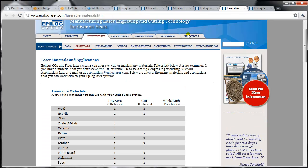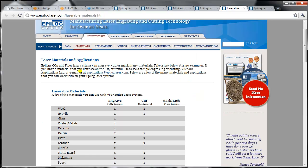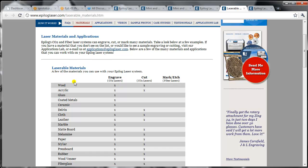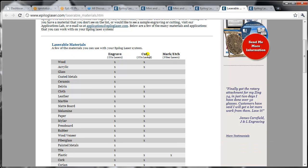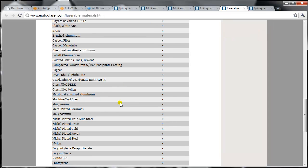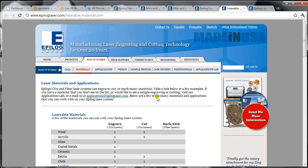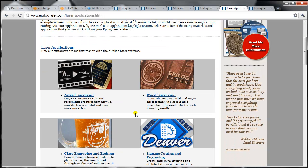Now, if you have already started downloading your desired version of the dashboard print driver, while it's downloading, I'll give you a little tour of the Epilog laser website. If you go to How It Works and Materials, here's a whole list of laserable materials, what kind of material you can use on which particular model, either to engrave, cut, mark or etch. You can see CO2 lasers, and fiber lasers in the yellow one. You can go through this and decide what kind of laser you have and what kind of material you can use. That's one thing. It's a very good resource. They have applications as well,